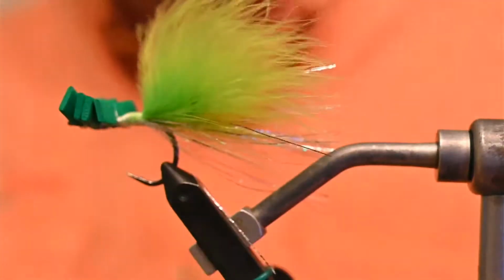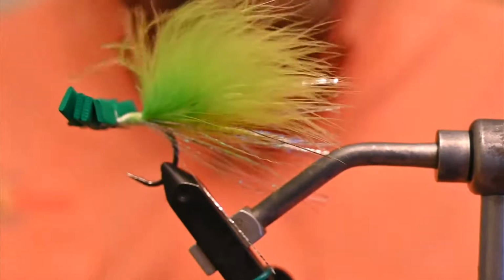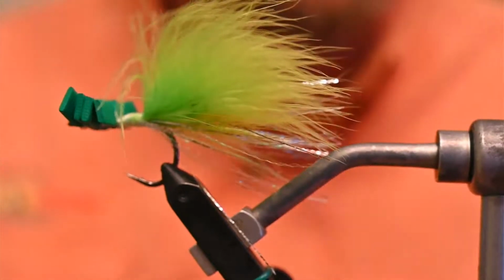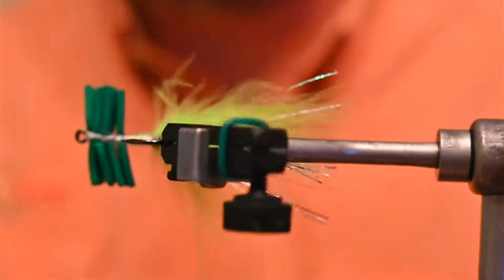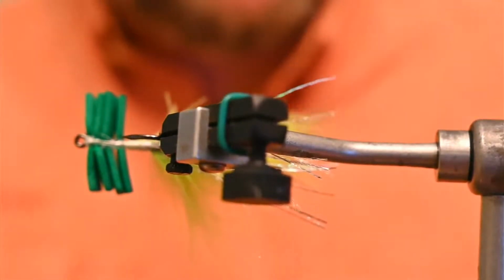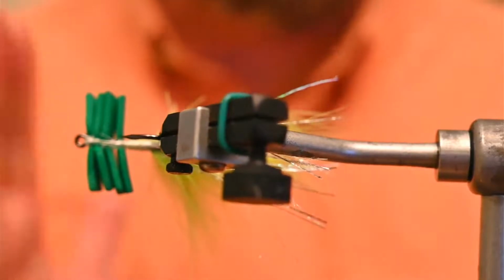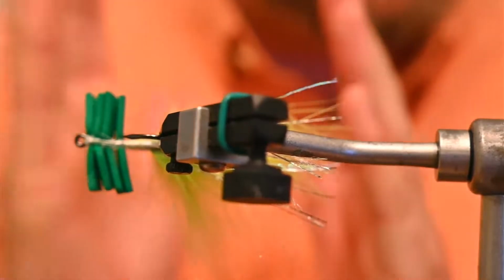You could, Bob. You're likely to end up cutting this foam. Foam is not known as the world's toughest material. At least craft foam is not known as the world's toughest material. I mean, my thumbnail just put a cut into it. So you could, if you were careful. Also, with the way that I like to be able to put a whole pile of thread down on the bottom, it's not going to pack the way that deer hair would. The way you do that, with deer hair and that sort of thing, you don't want anything on the shank of the hook, so that when you go to push down, you are literally causing it to slide along the nice